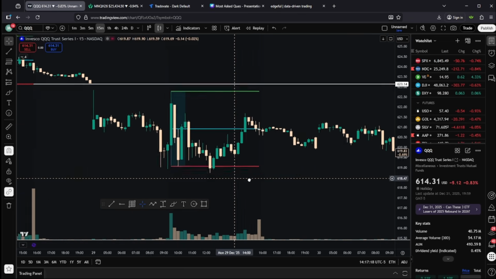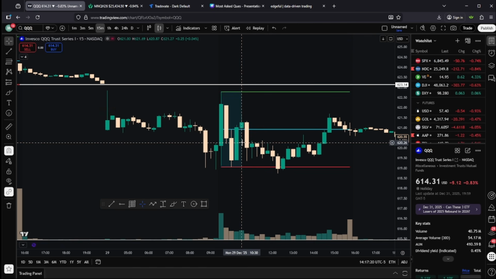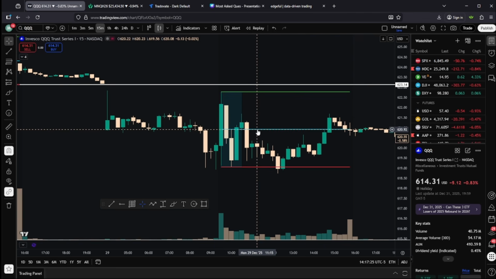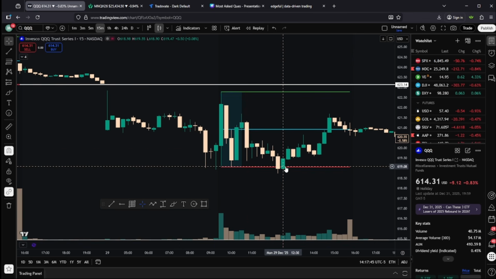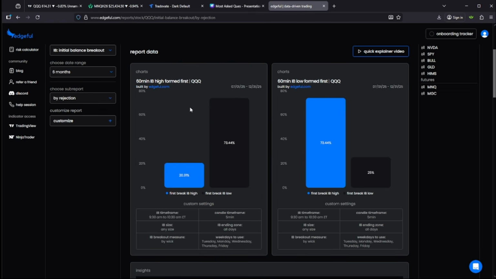You don't need to always enter at 50%. Some days you're going to miss the entry. Some days you're going to get the entry. Monday, December 29th, this was a great example of that IB 50 working out perfectly. I entered right at 50% or just below, and then I re-entered. I got another entry or added into the position at 621.25. Ended up getting out for a 70-point gain on the drop that happened on the 10:45 candle. So I did not hold it for the full continuation to the IB low. But again, that is telling you that since the high formed first, we're targeting the IB low first break. IB low right there.